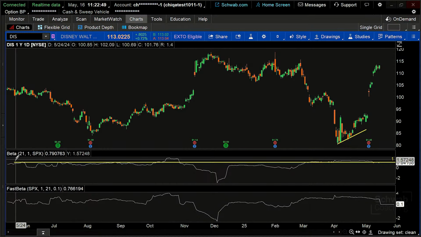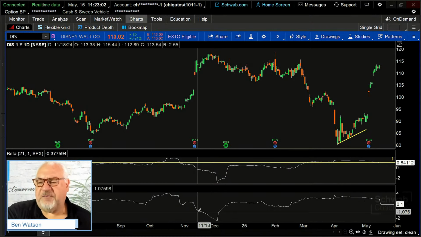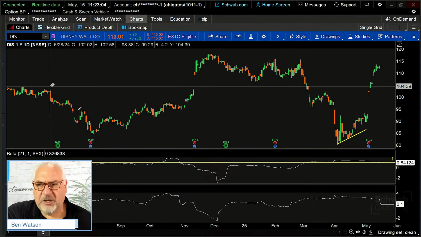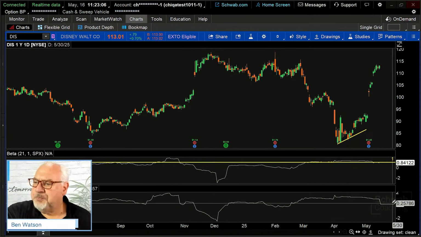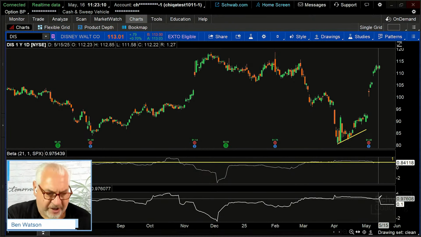So we've got equivalent betas here, right? Beta and fast beta. And what you'll find more often than not is that traders and investors will use fast beta because that exponential moving average takes out some of that anchoring effect. You still get some of that anchoring to previous moves, but the exponential moving average is going to weight recent data more heavily. And as John points out in the description here, more sensitive to recent changes.